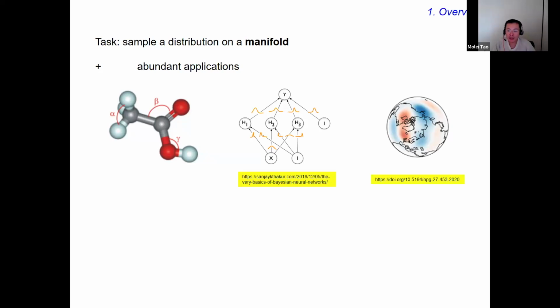If you don't care about data sciences or physical sciences, how about a combination? So if you do data assimilation, for example, you want to predict the weather or the climate on our globe, then you often want to do things in a Bayesian approach. So you want to basically sample from some posterior distribution, which accounts for your prior knowledge as well as your observations of the weather. And then you will be sampling from the sphere. Again, that's a manifold.